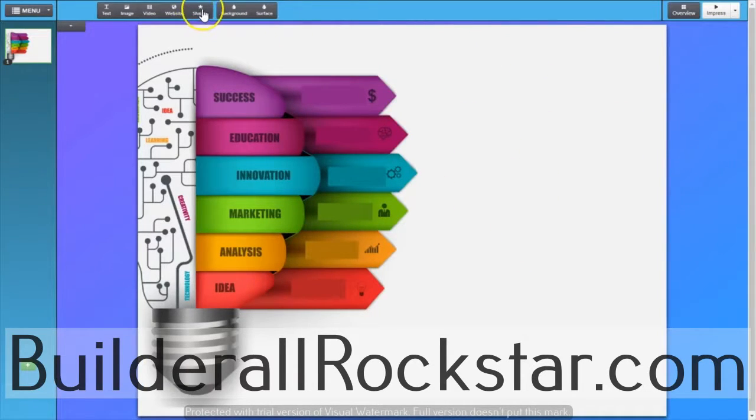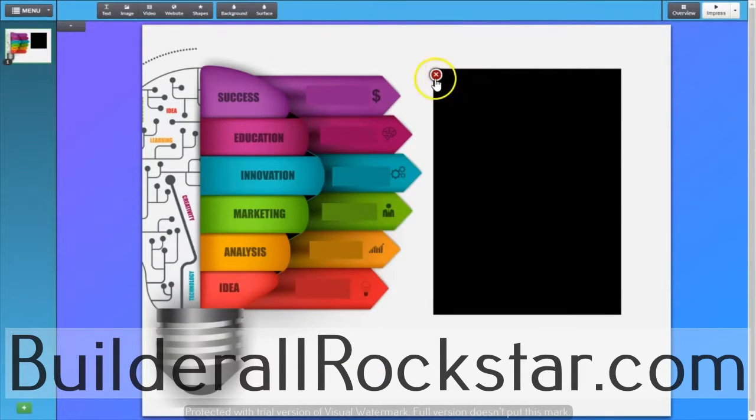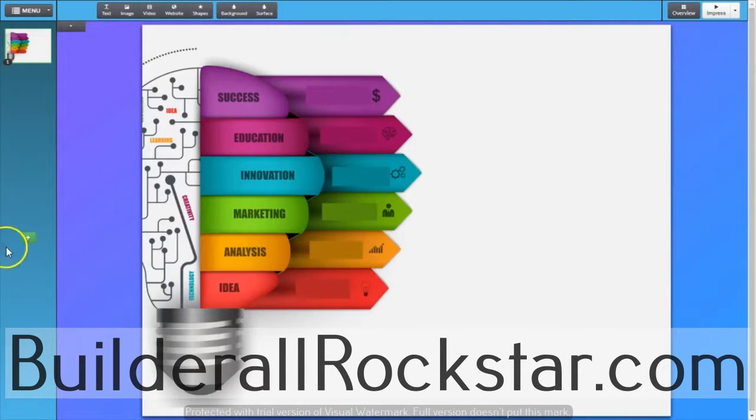I find the shapes really useful when I want to create a specific background to highlight perhaps some text. For example, I might pull in just a square, align it, and then I can put my text on top of this shape and it really pops it out. So that's a really good use for some of the shapes, or creating layered images. You just really need to get in there and play with it and have some fun with it. So that's your shapes tool. So let's click this shape out of here and delete it from our slide and move on to the next